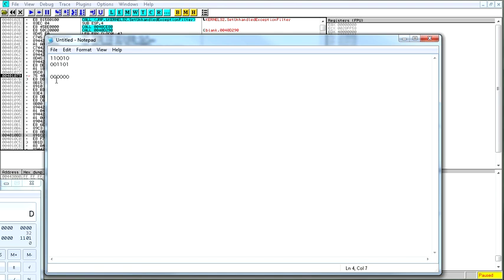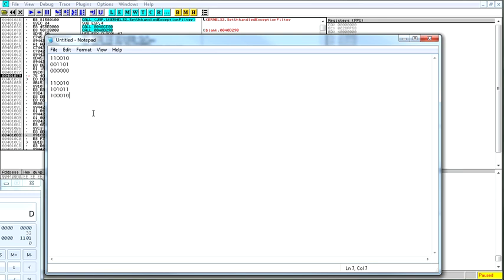Because an AND in binary math works like this. Are they both 1? No, it's 0. Are they both 1? No, they're zeros. If you had something like this, then you would have 1 0 0 0 1 0. Because they're both 1, it's 1. Otherwise, it's 0. If they're both 1, it's 1.